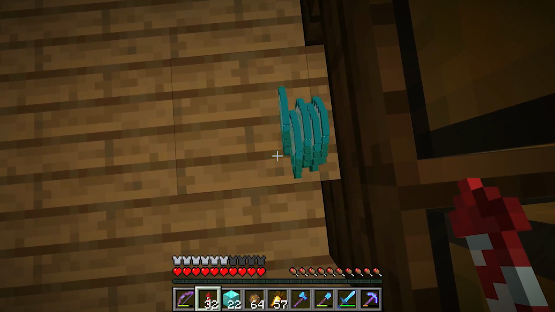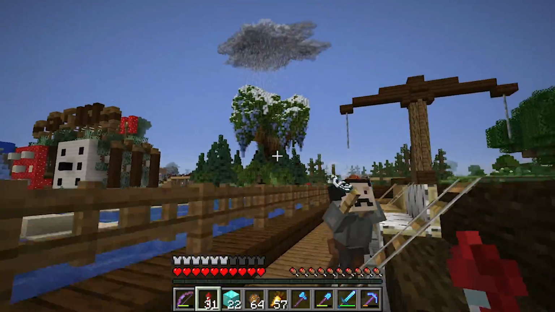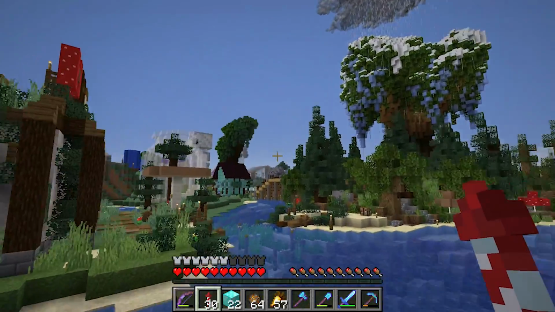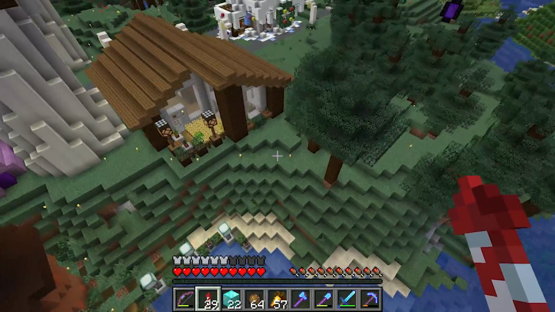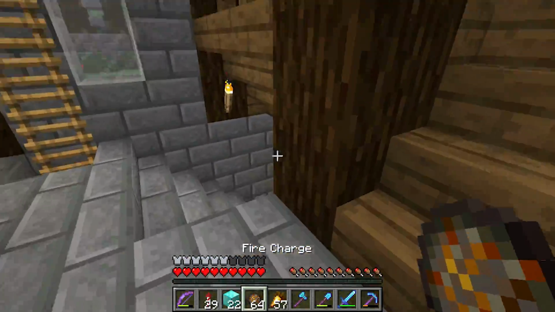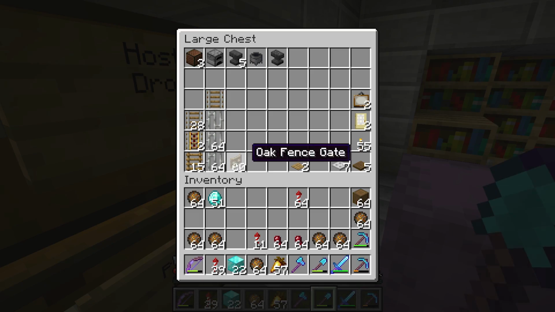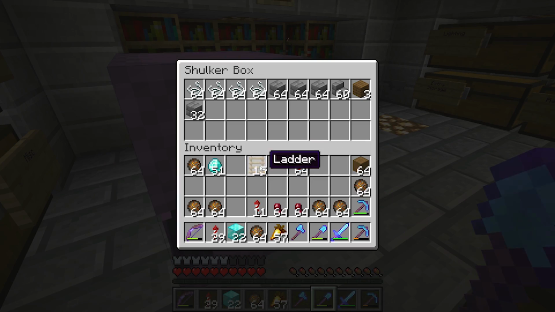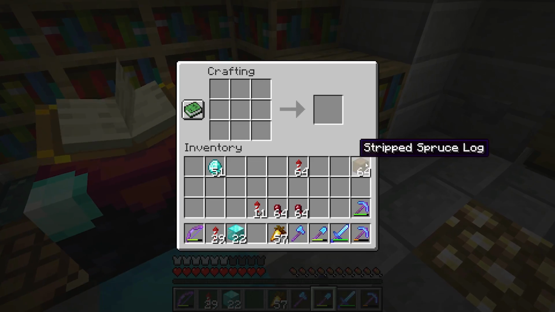So we need to go back to the base because we need to craft a few things. We need to craft some minecart chests, right? Like weird, we never craft those. Minecart chests, dispensers, and a few other little things here and there. So first things first, let me check over here and see if I have any ladders. That should be plenty. Put those in there, put those in there. Perfect. So we're gonna break these down,